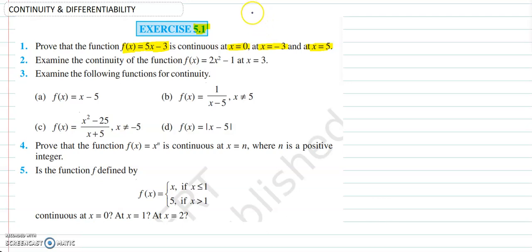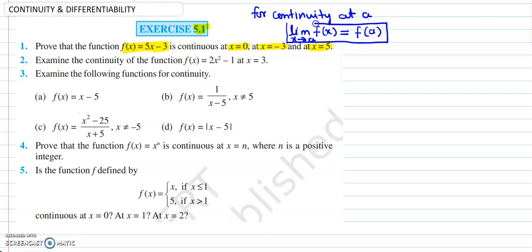First of all, for continuity we must know, limit x approaches a, continuity at a, you can say here at a of the function, limit of the function at a must exists and it must be equals to function's value at a. Means limit x approaches a must be equals to the function की value f a पे है ना, x equals to a पे ये होना चाहिए कंटिन्यूटी के लिए। ओके, सो फर्स्ट क्वेश्चन हम देखते हैं।